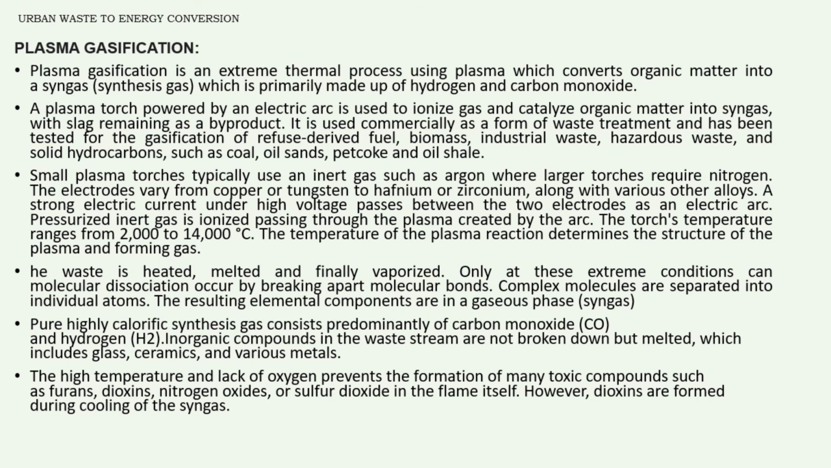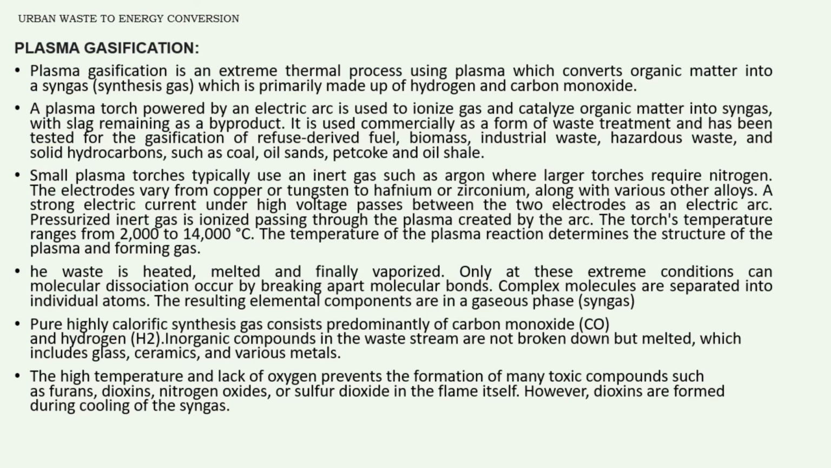It is used commercially as a form of waste treatment, and has been tested for the gasification of refuse derived fuel, biomass, industrial waste, hazardous waste, and solid hydrocarbons such as coal, oil sands, petcokes, and oil shale. Small plasma torches typically use an inert gas such as argon, whereas large torches require nitrogen, and the electrodes used vary from copper to tungsten or hafnium to zirconium, along with other alloys, and a strong